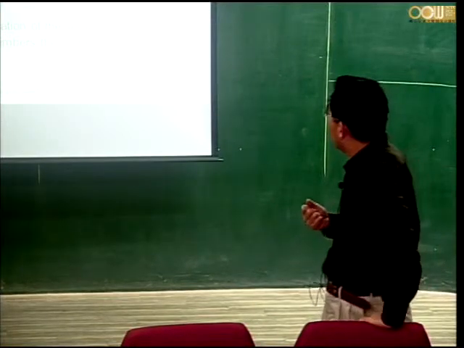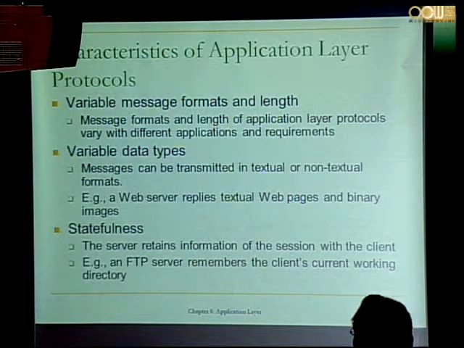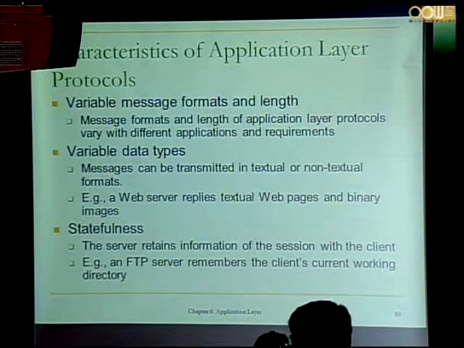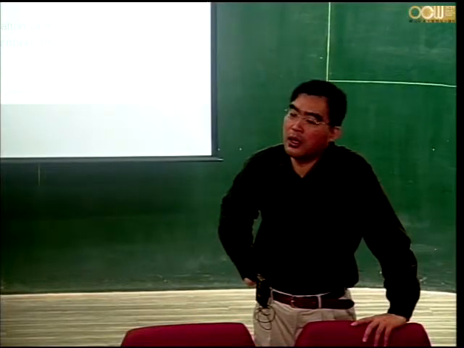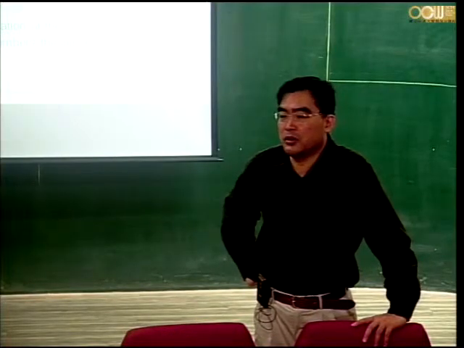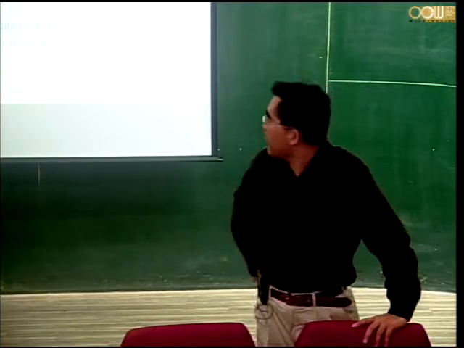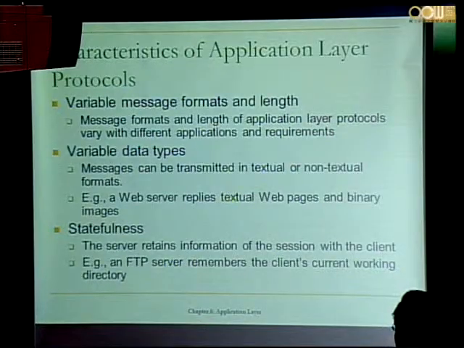Secondly, the data types are variable. For example, in the mail or in the web page, there could be many different objects embedded. And if it's text, then it could be in different languages. So the data type could be variable, text or non-text. And thirdly,